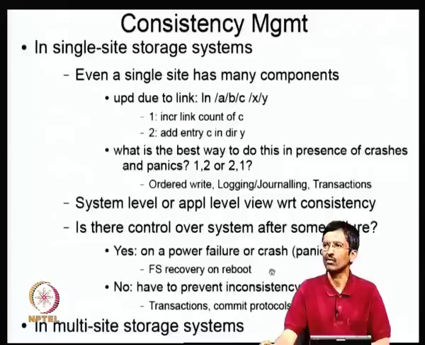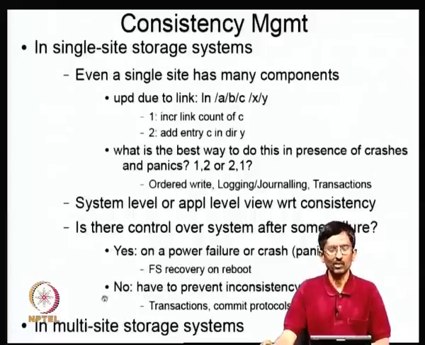For example, there is something called FSCK, etc., that can be used as a way to get control over the system with respect to its consistency. So in some models you redo the thing. That is, you already have made a note of what has to be done. You know that some parts have been completed, but some things don't have a record in the log saying it has been completed. Therefore, when you get back and you get control over the system, you basically redo it. So in some situations you can do it, and typically file systems follow the redo model of logging.